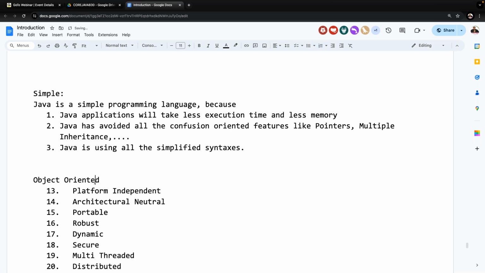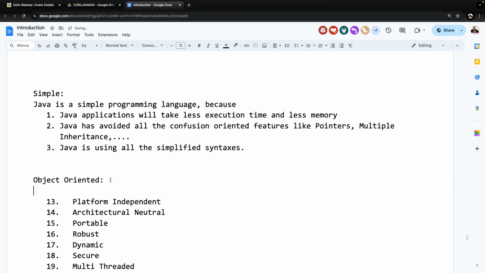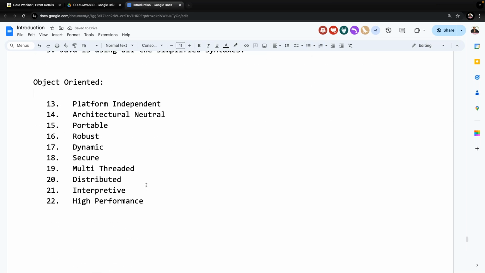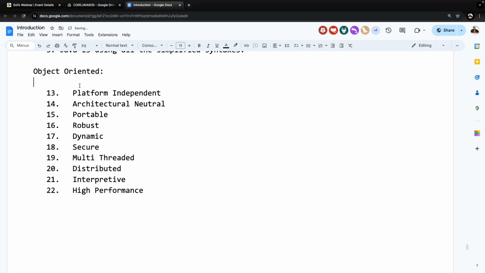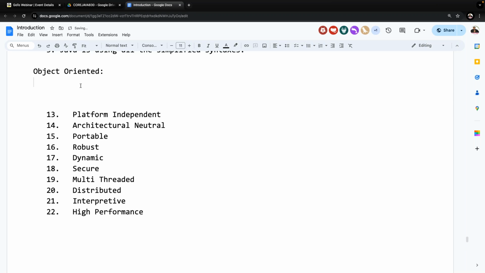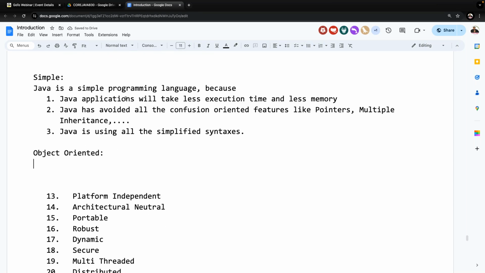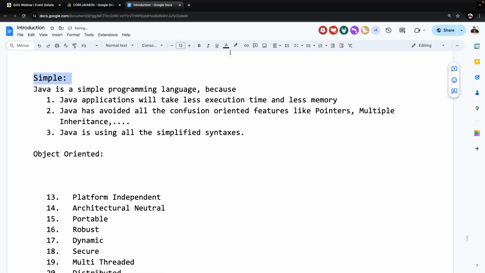What is the next one actually? Object oriented programming language. When a programming language is an object oriented programming language, if we come to this particular point, the answer is very clear.